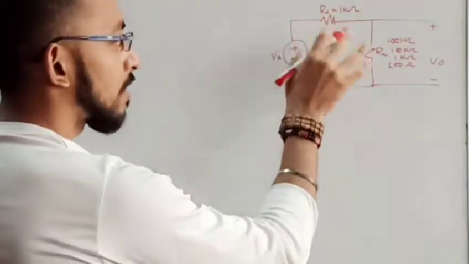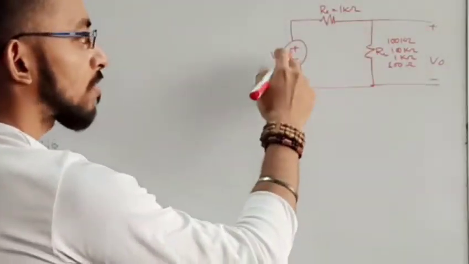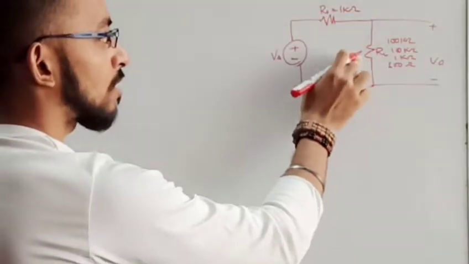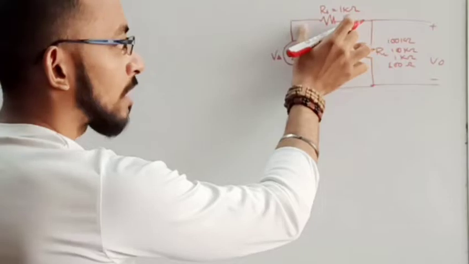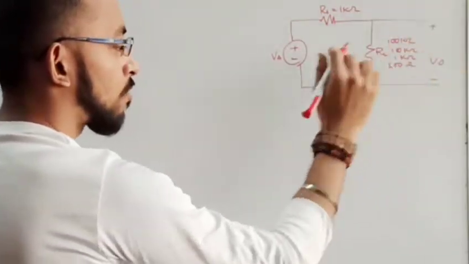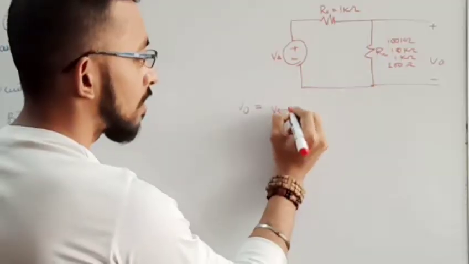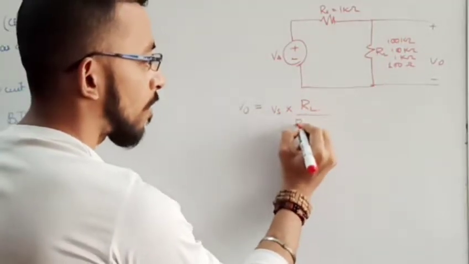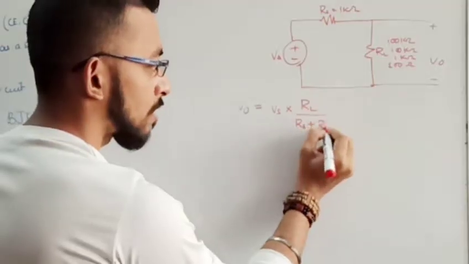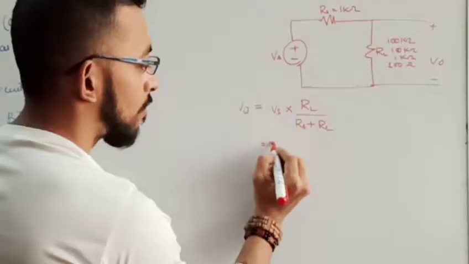Now in this Thevenin form, this is the Thevenin voltage, this is the Thevenin resistance. So it looks like a voltage source with two resistors in series, so there will be a voltage divider rule. Across the output, what will be the voltage? V output is nothing but source voltage multiplied by load resistance divided by the sum of load resistance plus source resistance. You know the value of Vs is given as 10 millivolt.